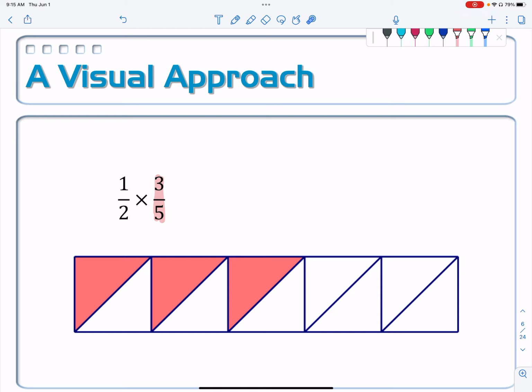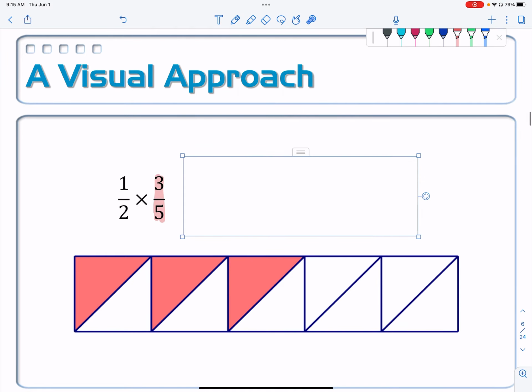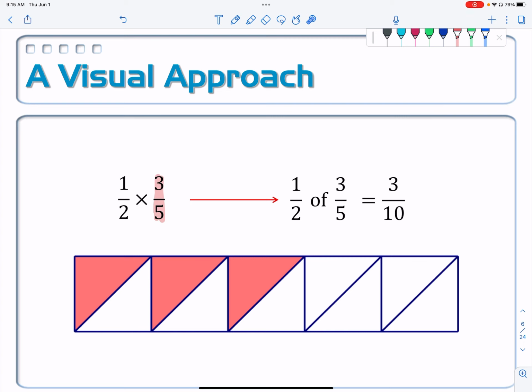Now, whenever I count this up, I can see that I have a total of 1, 2, 3 out of 1, 2, 3, 4, 5, 6, 7, 8, 9, 10. I have 3 out of 10. Go away. Delete. And so instead of having to do that every single time, which is what the diagram is trying to demonstrate,